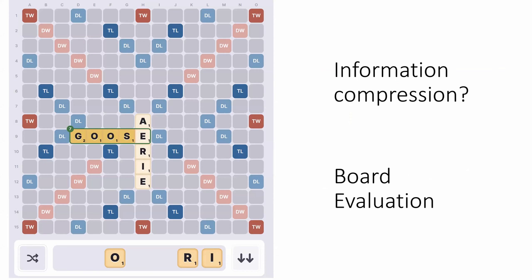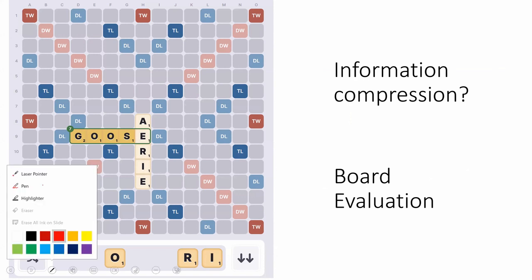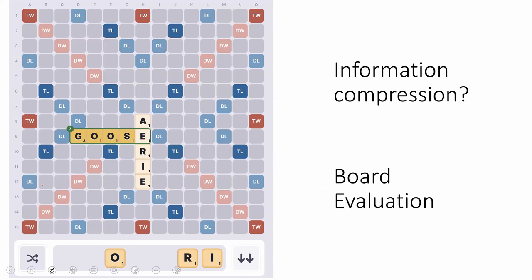Now for a second, don't think like a Scrabble player, just think in terms of how much information is there on both the boards. What is information which is common across both the boards? कुछ चीजें तो कॉमन हैं ना। कॉमन क्या चीज है? कॉमन ये चीज है कि ये भी 15 बाय 15 का है और ये भी 15 बाय 15 का है। जो उसके अंदर स्पेशल टाइल्स हैं, द नंबर ऑफ स्पेशल टाइल्स तो सेम है.